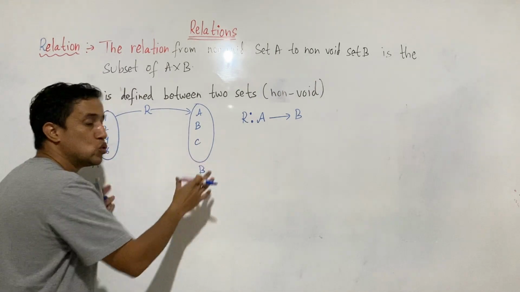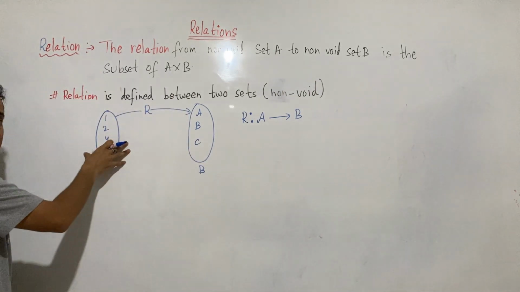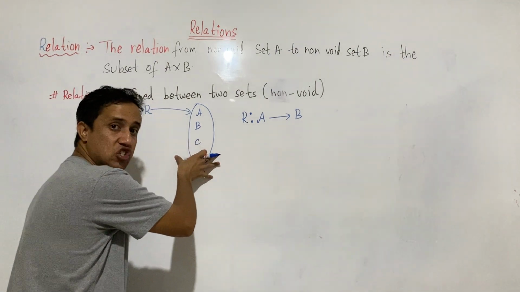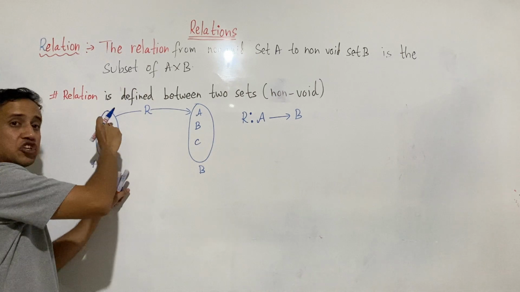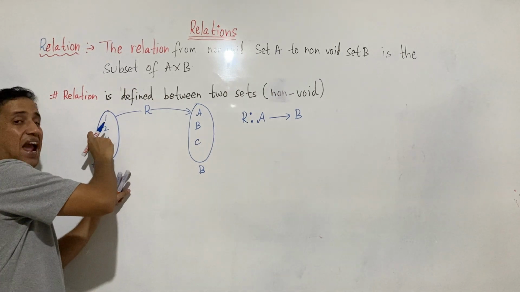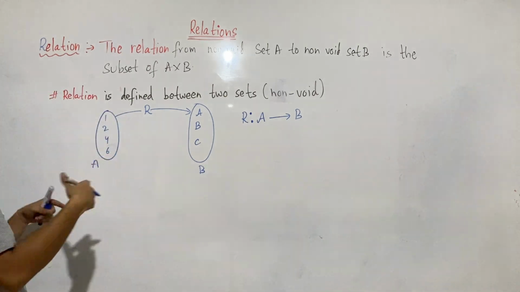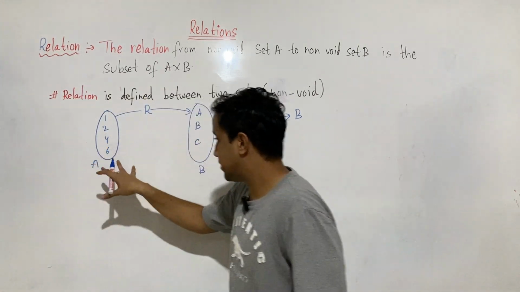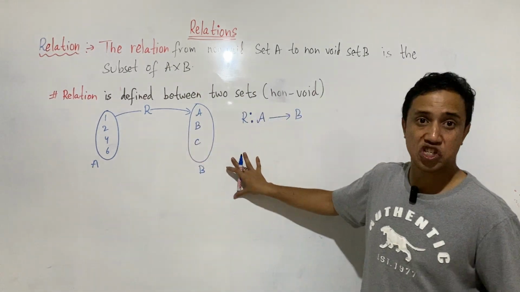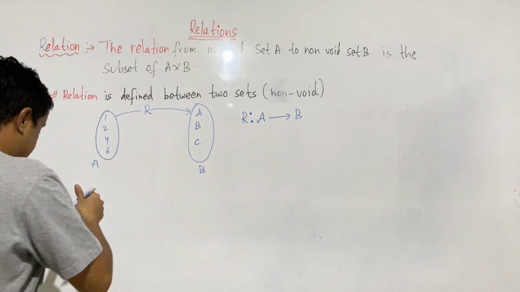Now, relation between two sets, what does it mean? This set has elements, this set has elements too. So relation between two sets means the relationship between the elements of these two sets, right? So it means how elements in set A are related to the elements in set B, right? So let's say that here,